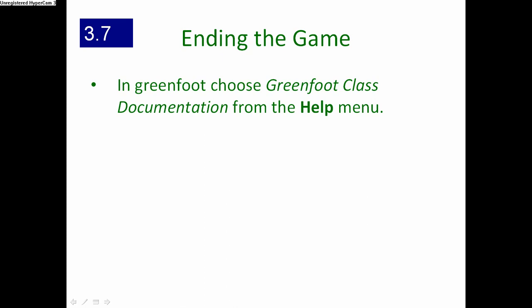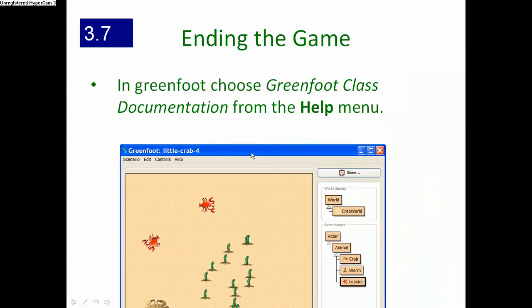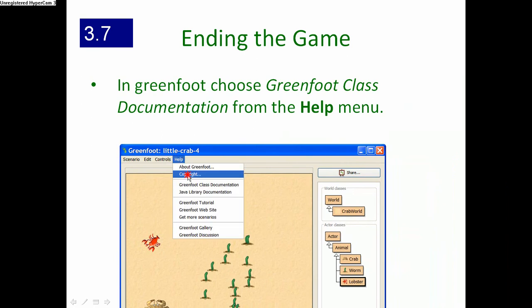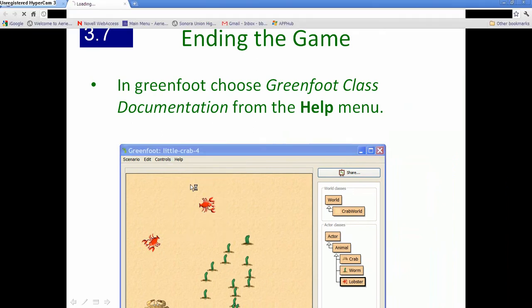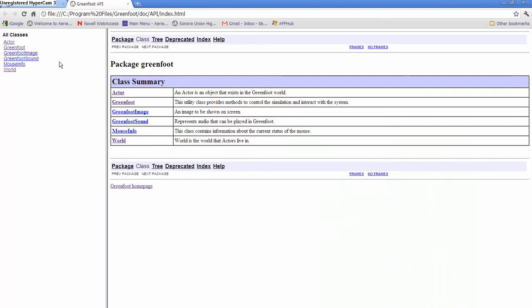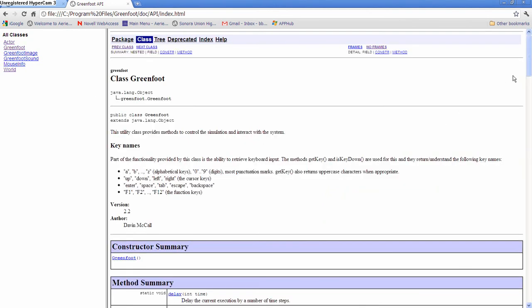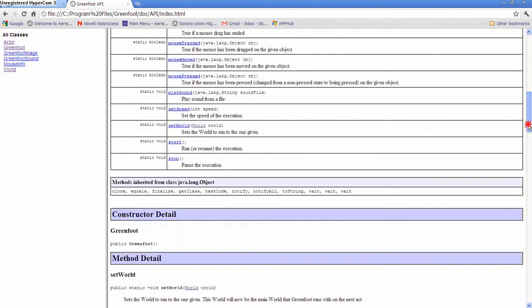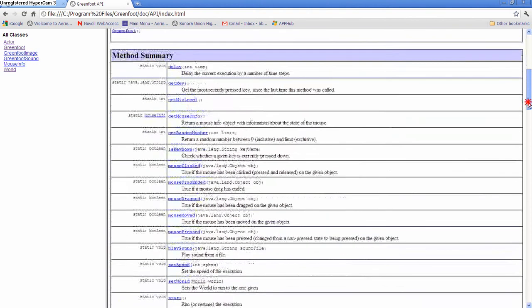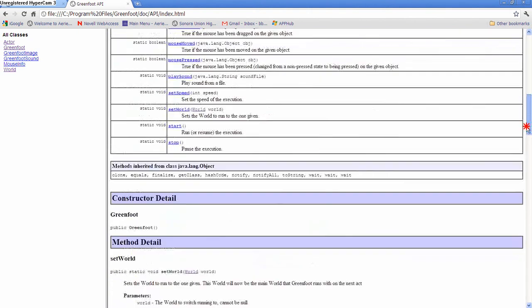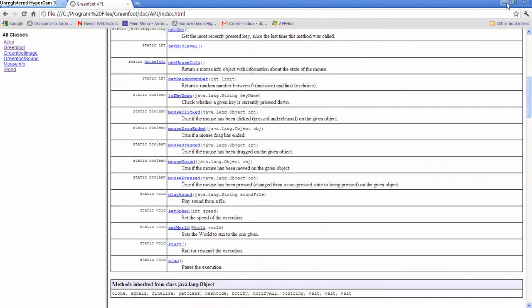Okay, so you go to Greenfoot, you're going to go to Help, and you're going to go to Class Documentation. Alright, and it's going to take you right here. You got some choices here. We don't want Actor, we actually want Greenfoot. And I want you to look through these. Look through the method summary, or you could go down to these below. And the question is,